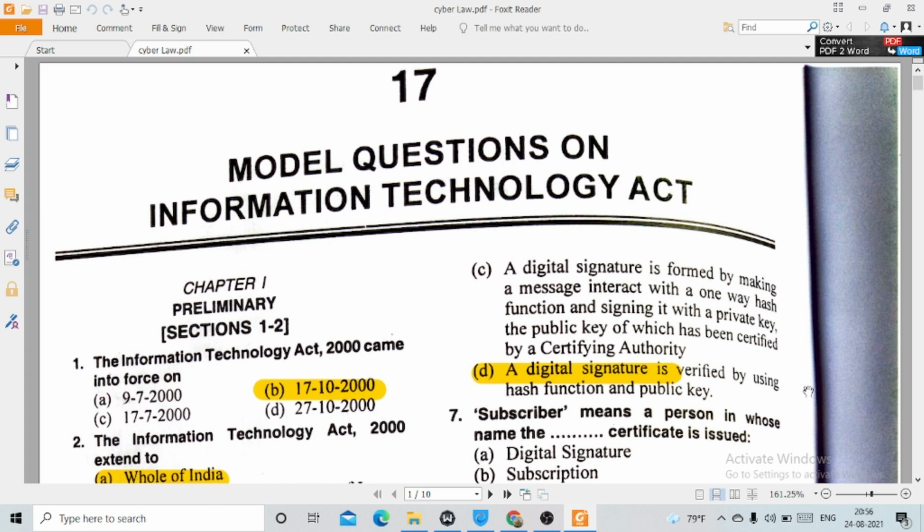So today I will be dealing with you the MCQ questions on Information Technology Act for your upcoming UPSC Public Prosecutor exam. Many of you have been requesting me for a very long time that I do a session on that. So now I am doing a session on your extreme demand, and let us see what kinds of questions we are going to see today. Also let me tell you, I am going to deal with a total of 118 questions. So let us start with our first question.